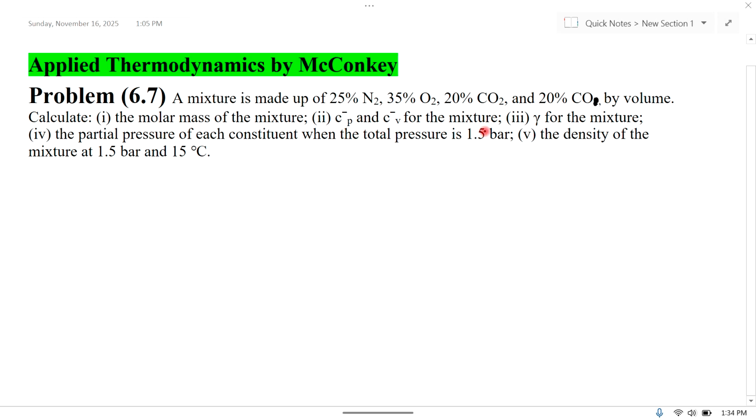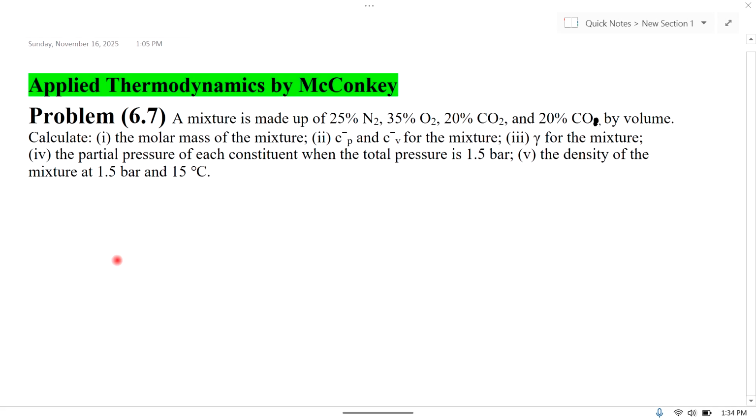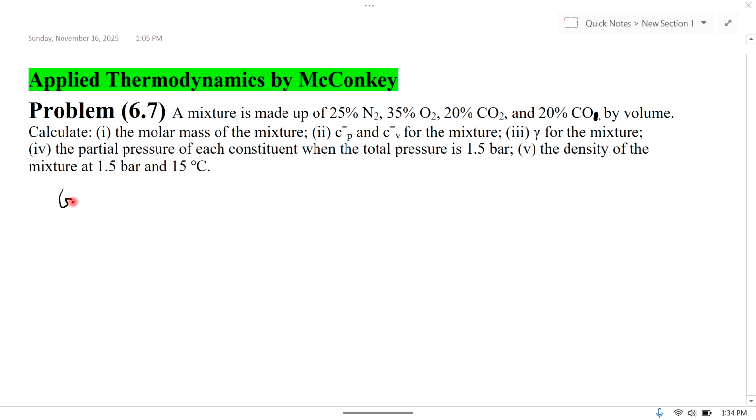molar heat capacities, Cp dash and Cv dash. Cp dash is molar heat capacity at constant pressure and Cv dash is molar heat capacity at constant volume. Gamma for the mixture, gamma is the ratio of specific heat capacities. Partial pressure of each constituent at pressure of 1.5 bar and density at pressure of 1.5 bar and temperature of 15 degrees centigrade. So in the given data, first of all,